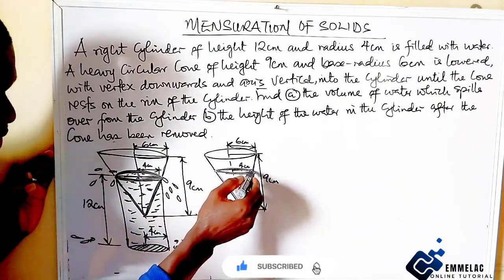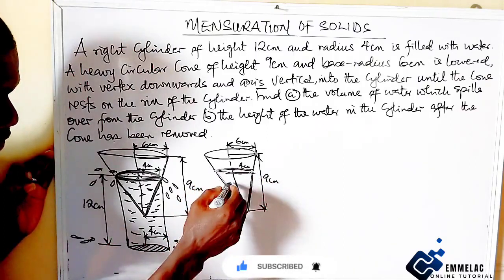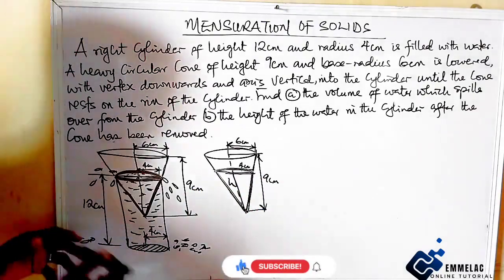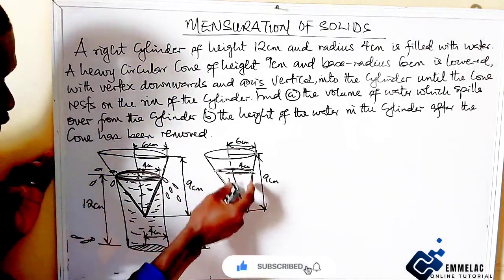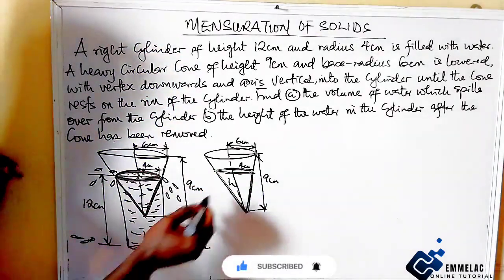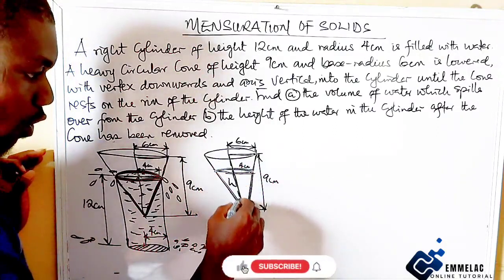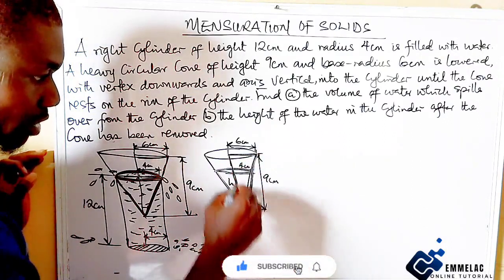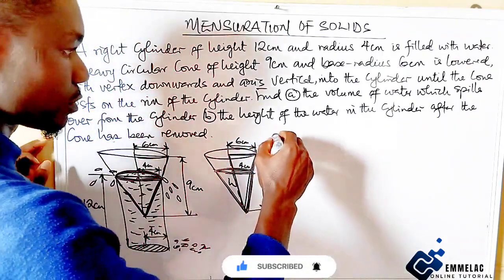Alright, so if I were to bring it out, you can see that we don't know the height of this one. So let us assume this is small h, right? Okay. Now from here, we will need to calculate this height to ascertain the volume of this part that actually caused the spillage. Alright, but for us to get this, let us take note of the triangle that makes up the cone. This big part, and this smaller part. Alright, now if we draw it out,